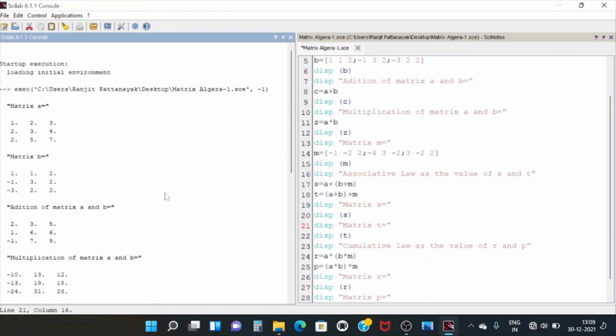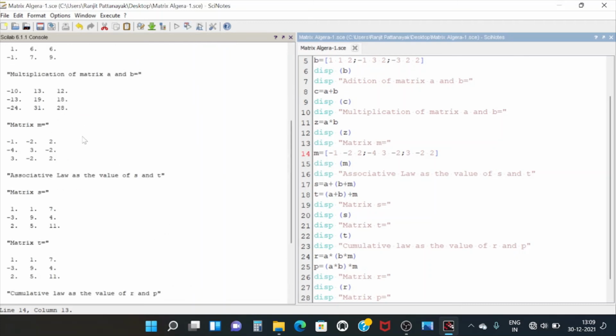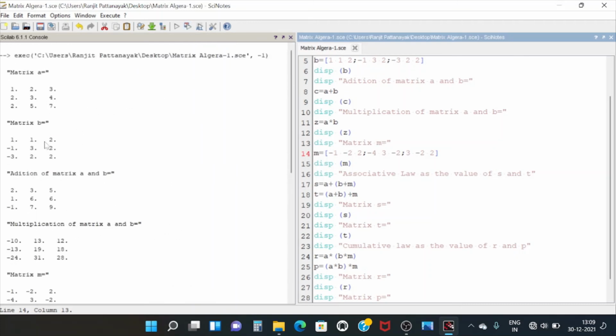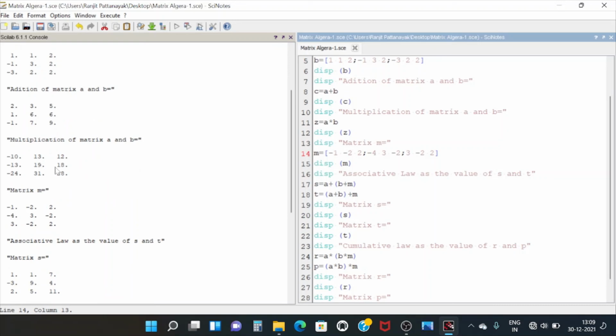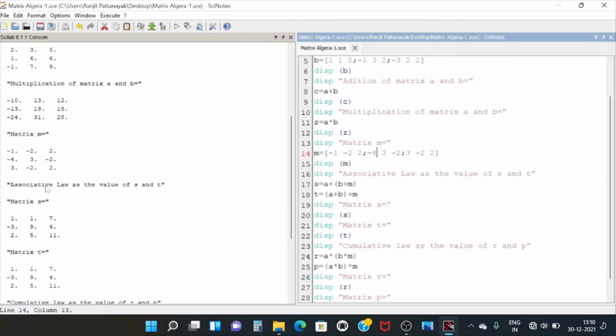Okay, so check it. First clear the console window and then run these codes. You have to click on save and execute. You can find matrix A, B, addition of matrix, multiplication of matrix, matrix M is this one.